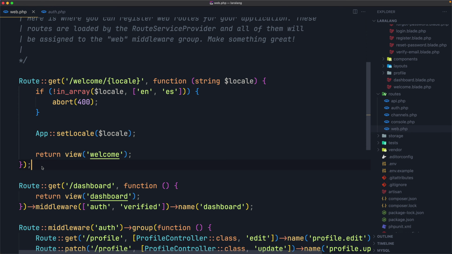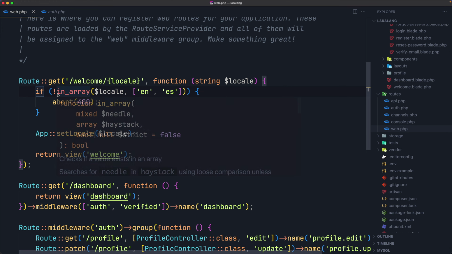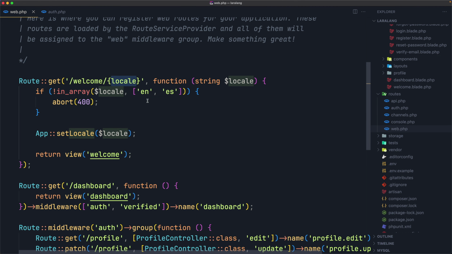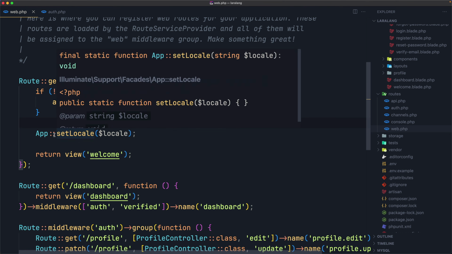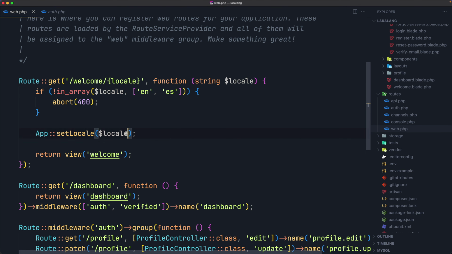Hello friends, Tony here. So in the previous video we worked with this example. We copied this from the Laravel docs. We create this route, so Route::get welcome/{locale}, and we check if the locale is not in the array, en or es, we're going to abort, otherwise we're going to say here App::setLocale to what the locale is. So for example,